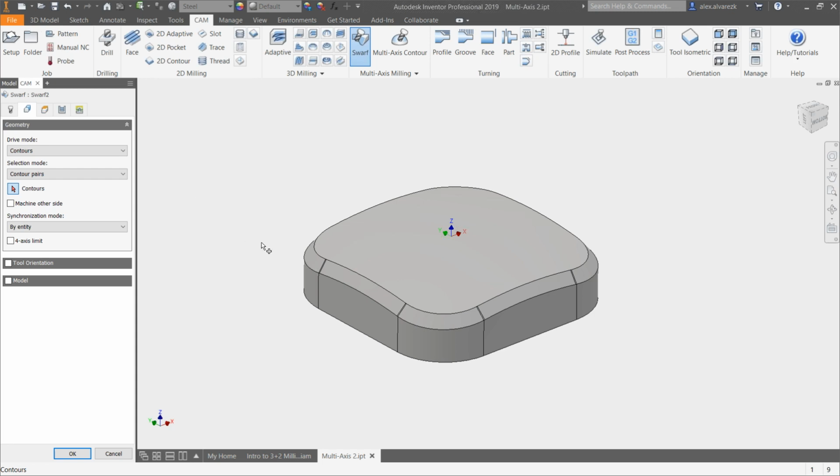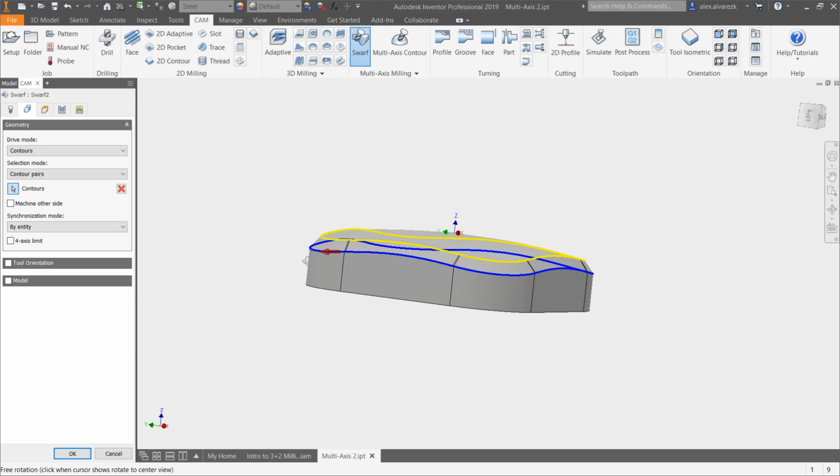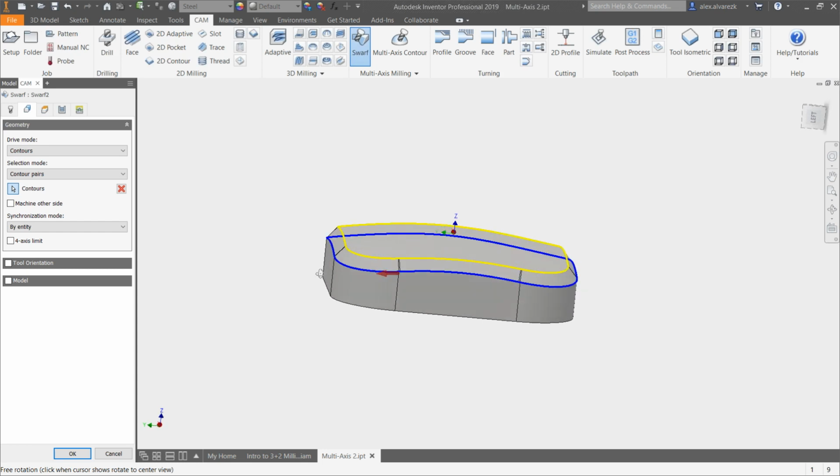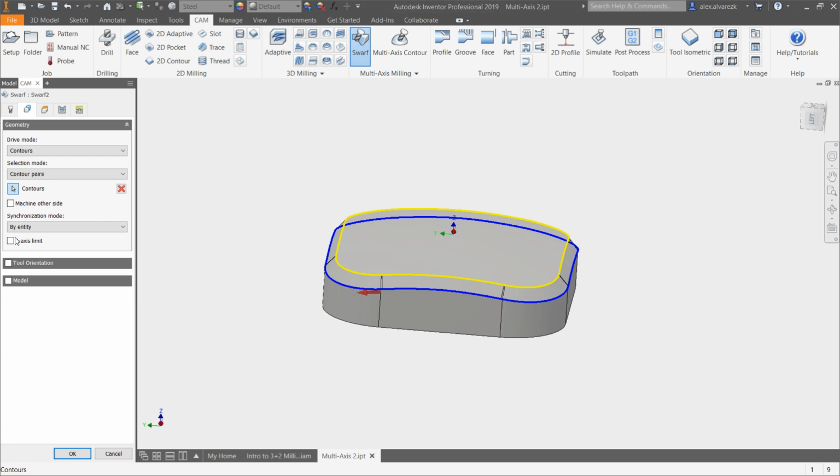In this case, the bottom of the tool is always going to be the first selection, right? By keeping that in mind, we want to make sure that we have this set to be essentially the bottom portion, right? So our tool is going to be facing in this orientation like this. Notice that it changed that contour to a blue color. If I now select the top contour here, it made that a yellow selection, right? And again, we have beta mode enabled here, so we do have the option to lock one of the axes. But in this case, we do have full 5-axis capabilities. And really, with the swarf toolpath, that would pretty much be it, right? So you click OK,